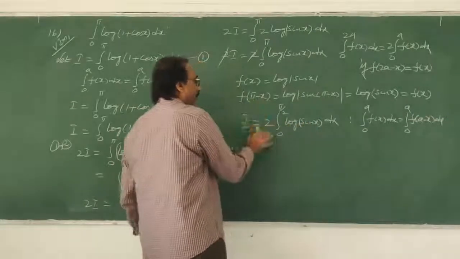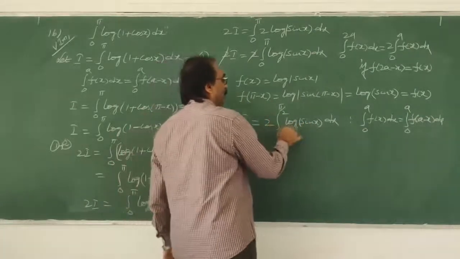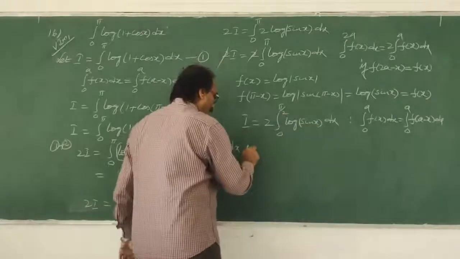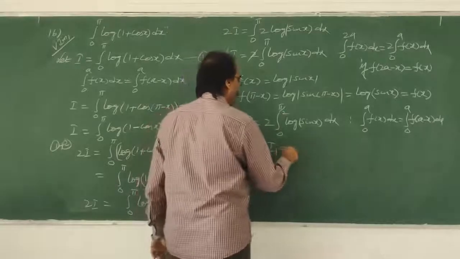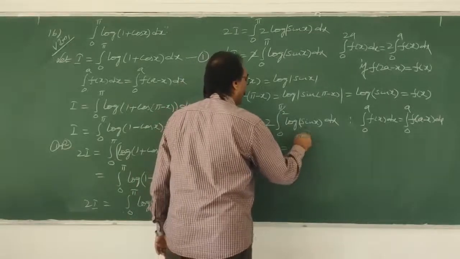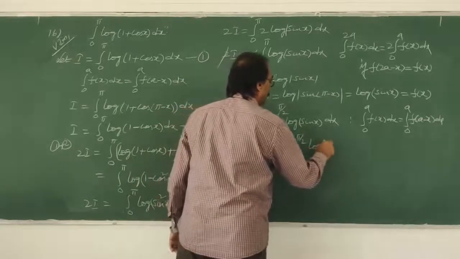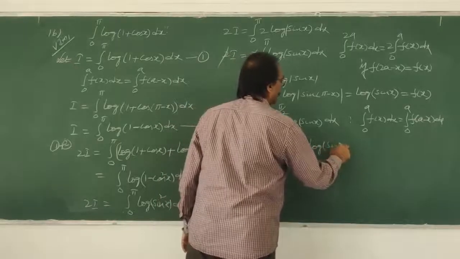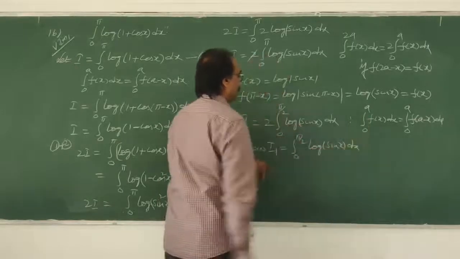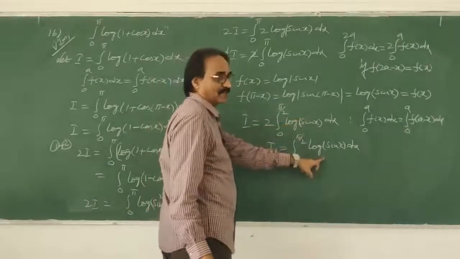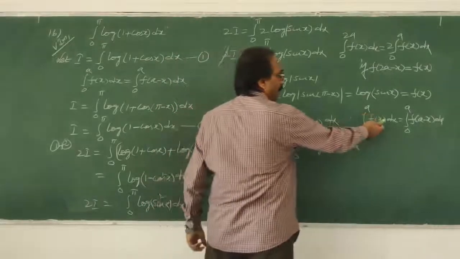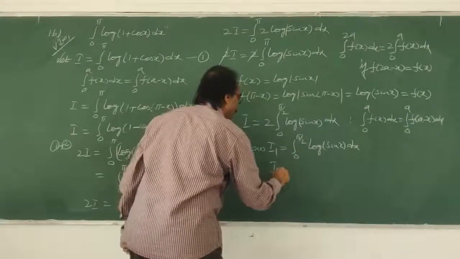Now here 2 times the integral from 0 to pi by 2 of log sin x is there, no? Now I will call it I1. I1 is equal to the integral from 0 to pi by 2 of log sin x. Better not to confuse you, I took it separately. This is one problem. Now I started. I kept this separate, the integral of log sin x from 0 to pi by 2, as I1. Now I apply this property. If I apply this property, how much will you get?